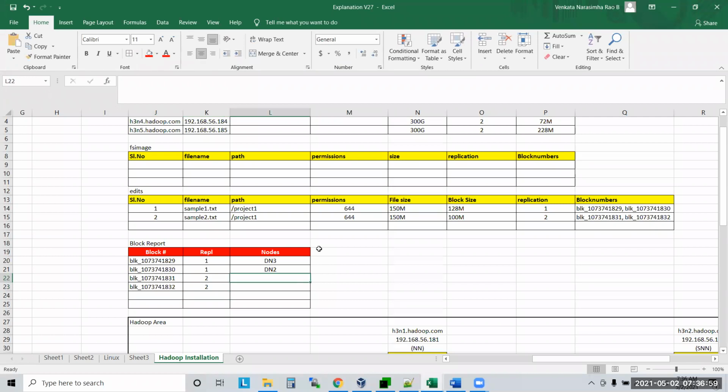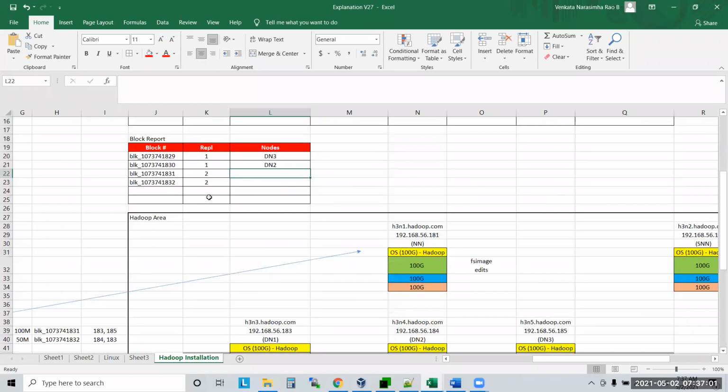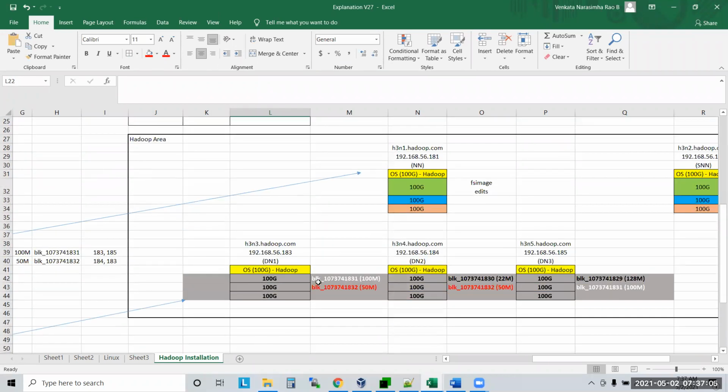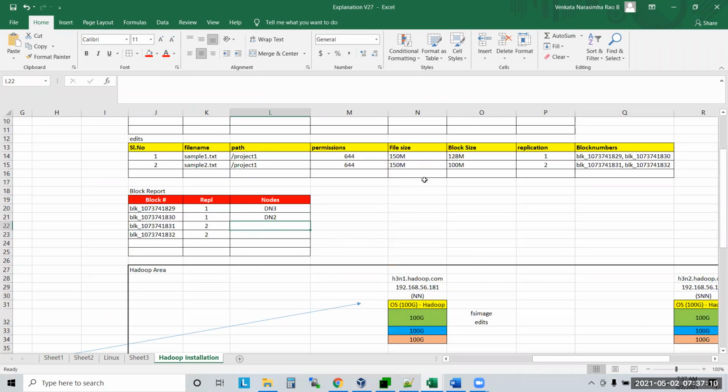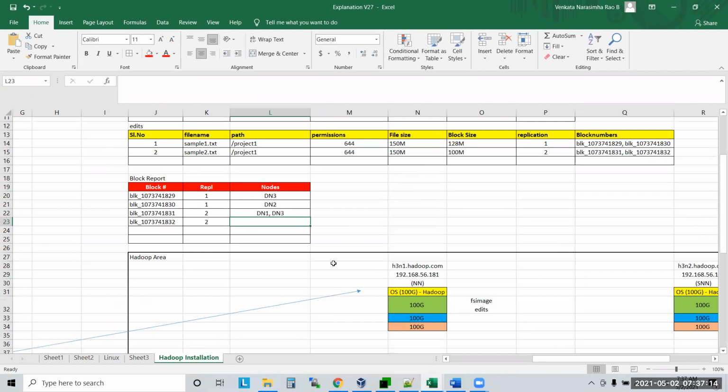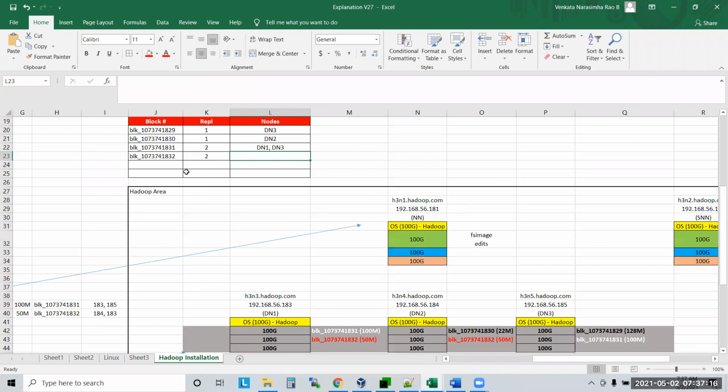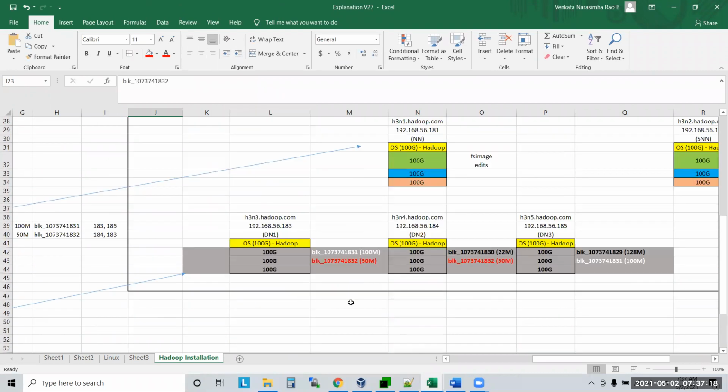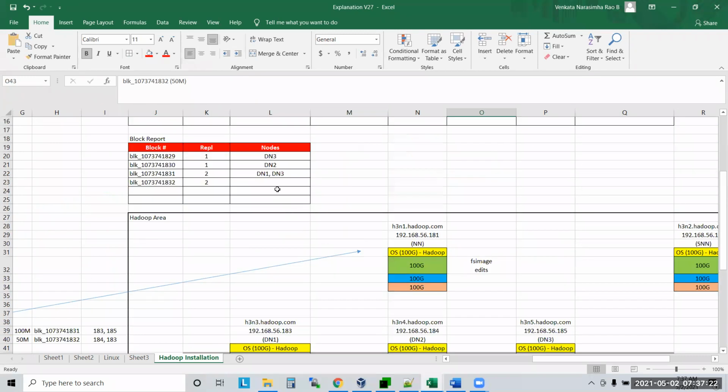Now who is saying I have 31? DN1 and DN3. So now it is saying DN1, comma DN3. Who is saying I have replicated block 2, 32? 32 is with DN1 and DN2. DN1, comma DN2.